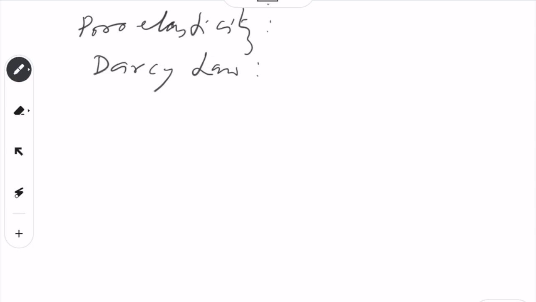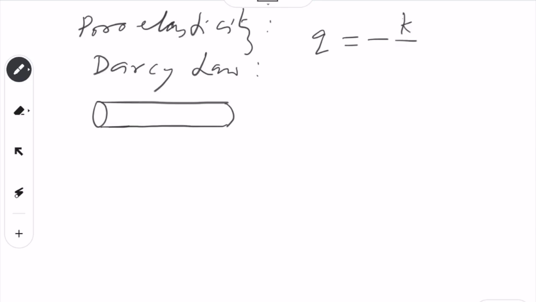It says that, so if the medium is porous, so let us say there is a one dimensional medium which is porous, and then it says the flow of the fluid is equal to minus some k, some constant, divided by some mu term,